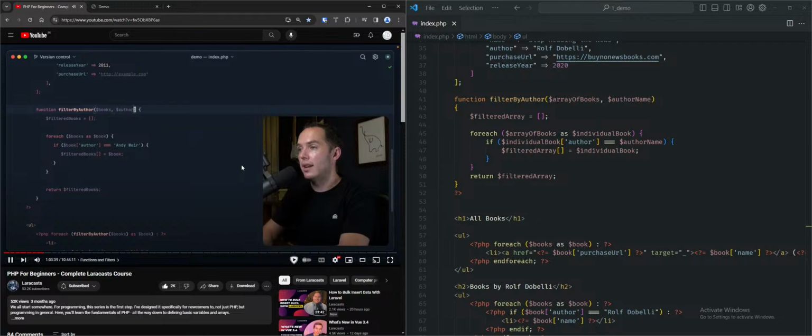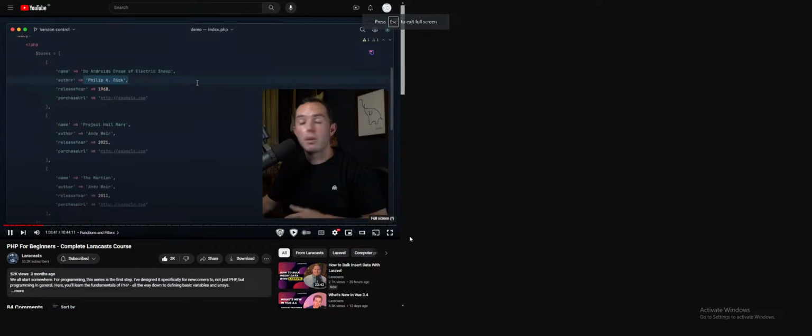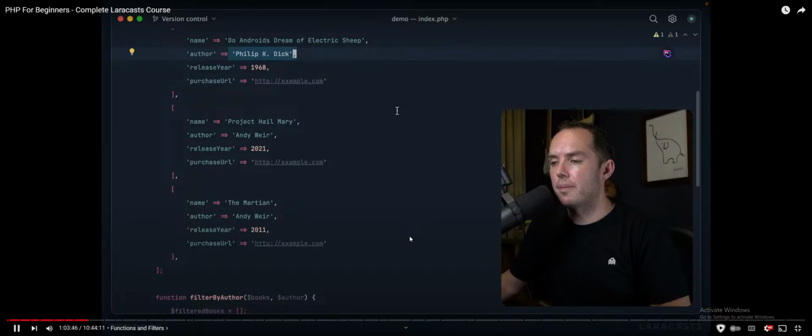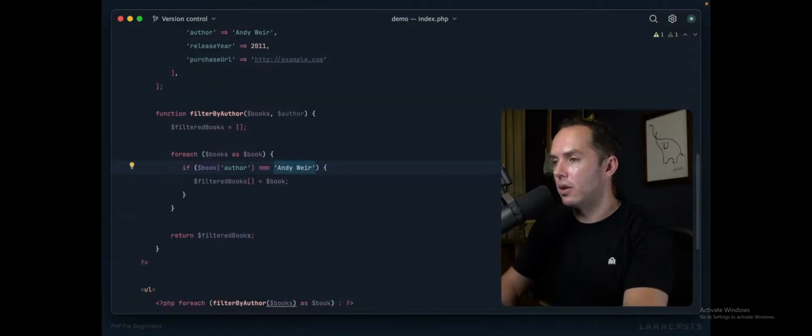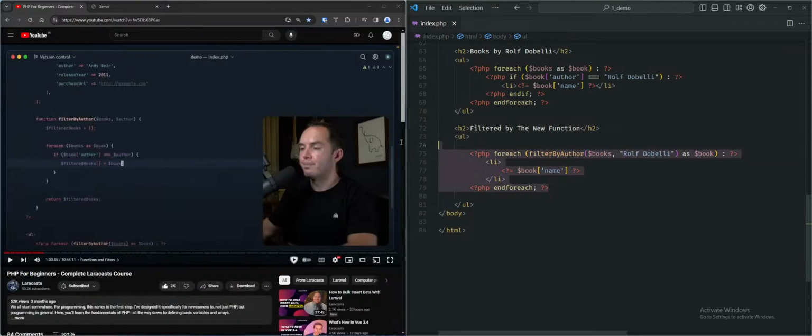So we'll do that here. Author is now a variable. Could be Andy Weir, or it could be the author of any book in our database. Okay, so all we have to do is swap out the hard-coded string with our parameter, like this. To prove that it worked, I'm going to do the same thing, but with a different author. So I'm going to copy this entire thing. And let's say Shantaram,